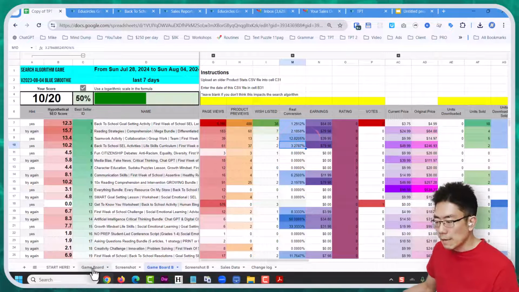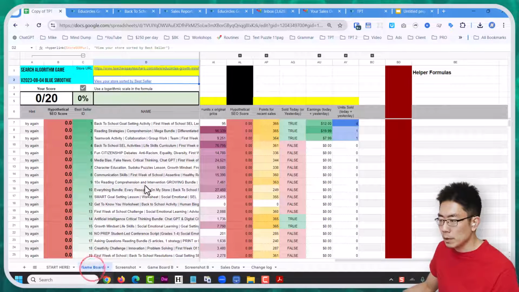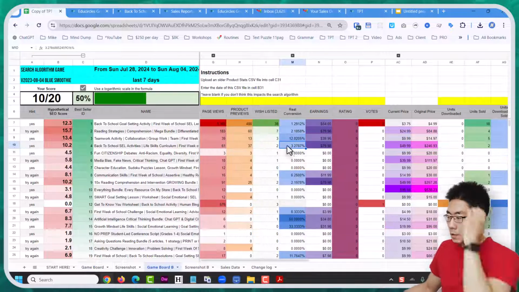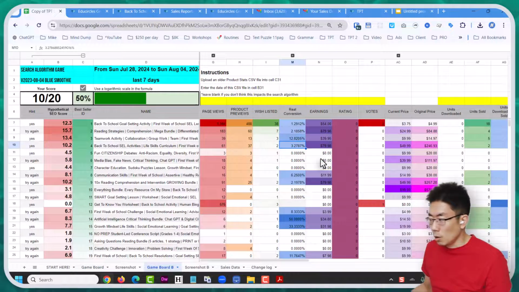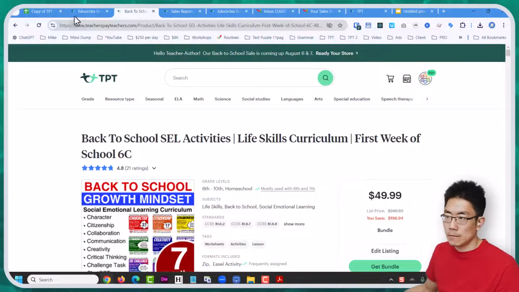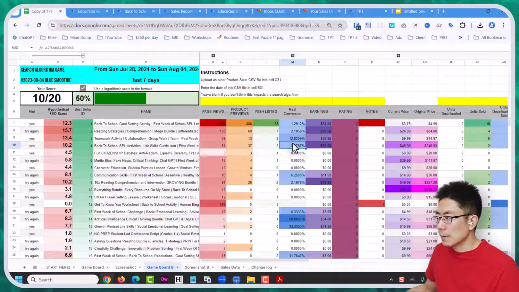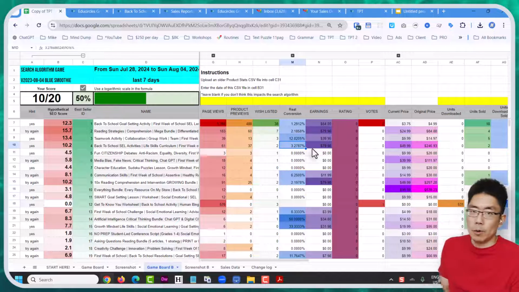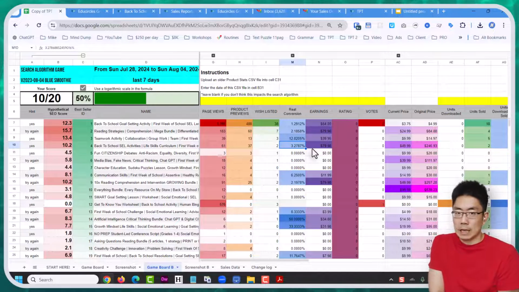If I look at the lifetime stats for that by going to the game board, the conversion rate for the lifetime is 1.74%. So that tells me even though it's low, it is a $50 resource. So the conversion rate is going to be lower. And the fact that my real conversion rate is 3.3%, which is more than what it used to be for the lifetime products, I'm happy with the product preview updates that I made.